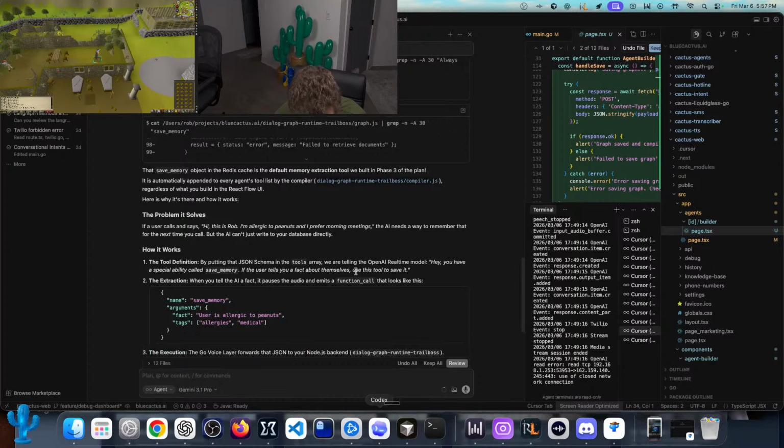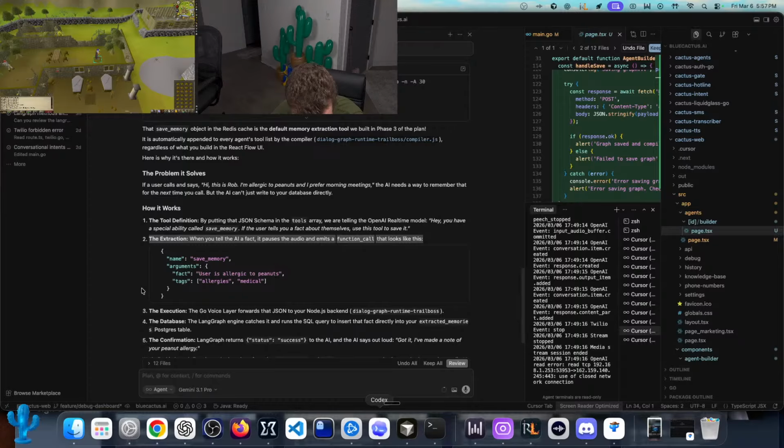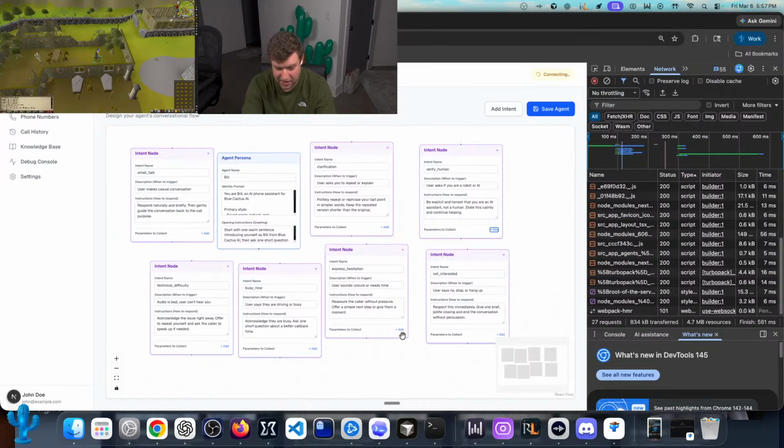In the tools array, we're telling OpenAI about a tool called save memory. Use this tool to save it. Cool. So pretty much we also have memories integrated, and then we're going to integrate tool calling. So, it's actually a really great day today. Actually, we got this